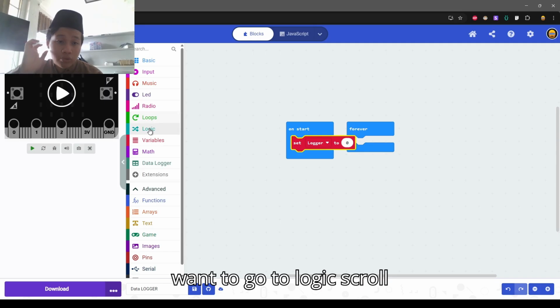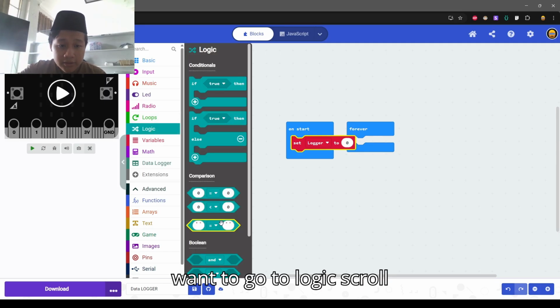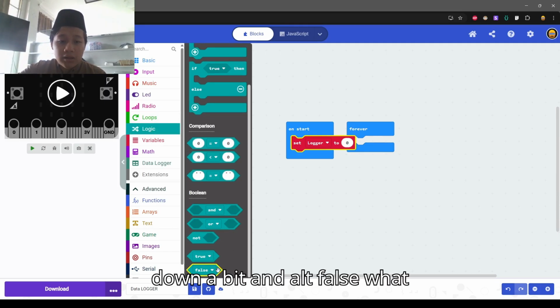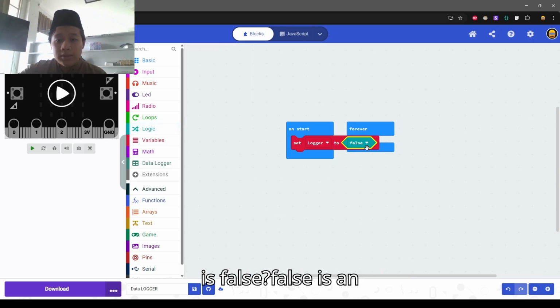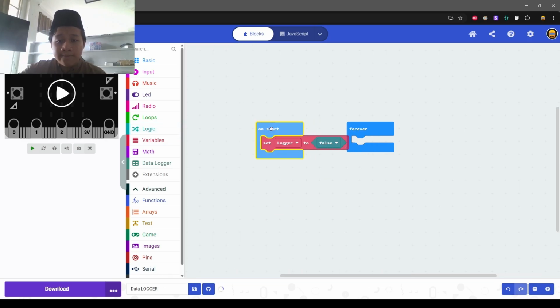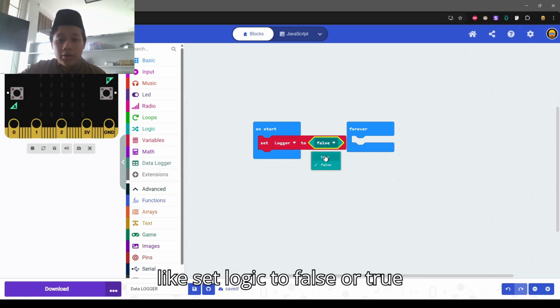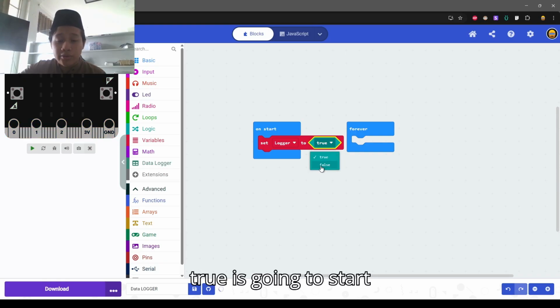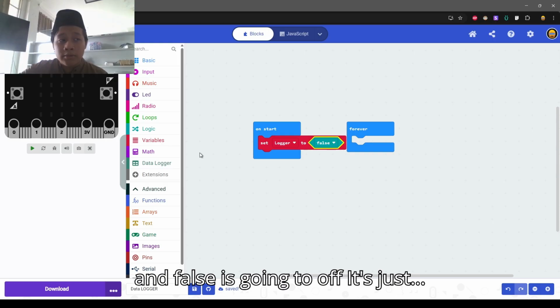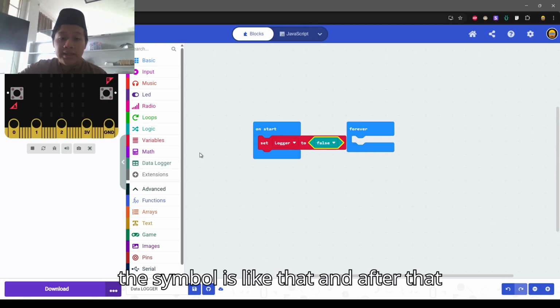And then you want to go to logic, scroll down a bit, and add false. What is false? False is like a code that makes the logger stop, like set logger to false or true. So true is going to start, and false is going to turn it off. It's simple like that.